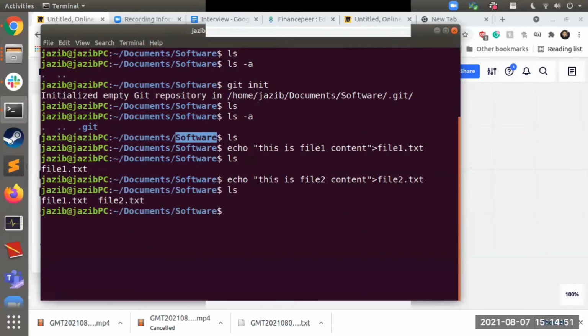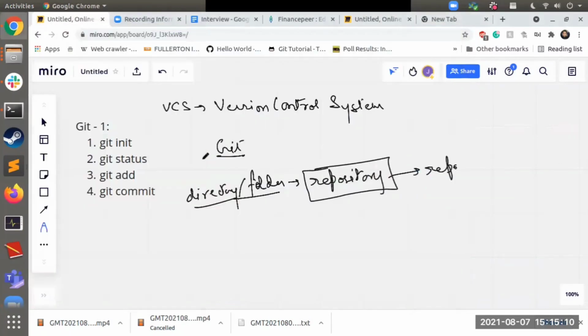Now if I do ls, there are 2 files. But I want any changes in these files, any line of code change or anything, to be monitored by Git. Git is looking at it, but I'm not in a state where I can go back in time. So I would have to check the status of my folder. Git init makes a folder a repository.